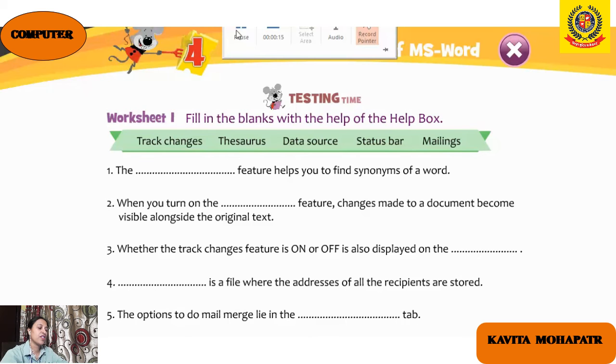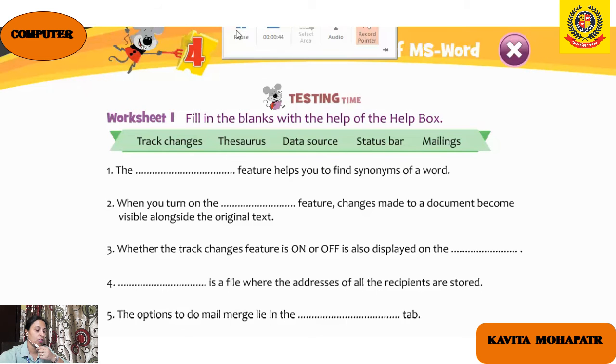The thesaurus feature helps you to find synonyms of a word. When you turn on the track changes feature, changes made to a document become visible alongside the original text. Whether the track changes feature is on or off is also displayed on the status bar.